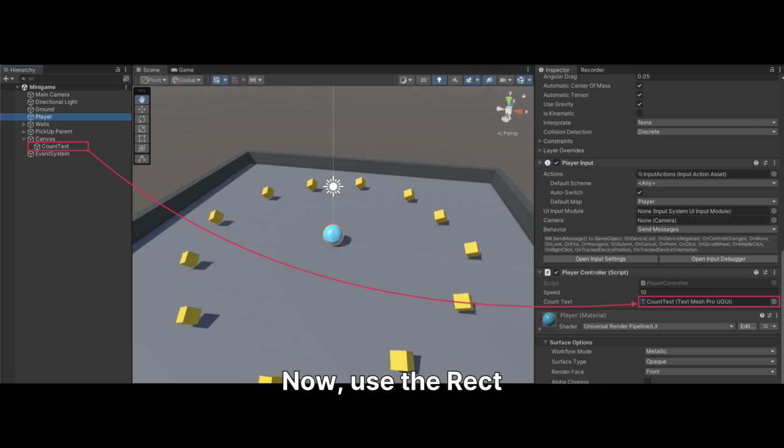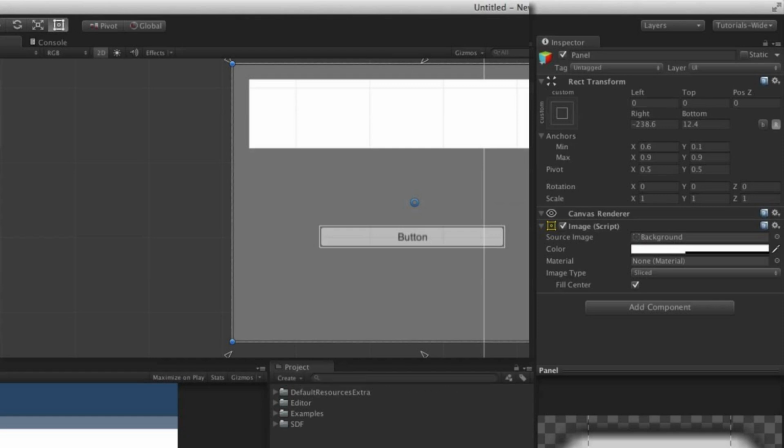Now, use the Rect tool, located in the top left corner of the Unity editor, to precisely position the score text element on your canvas. Drag and resize it in the scene view until it's exactly where you want the score to appear in your game. To ensure your score text stays in place regardless of screen resizing, set its anchor. In the Rect Transform component of Score Text, click the Anchor Presets button. Choose an appropriate anchor, such as the top right corner, to fix its position relative to that part of the